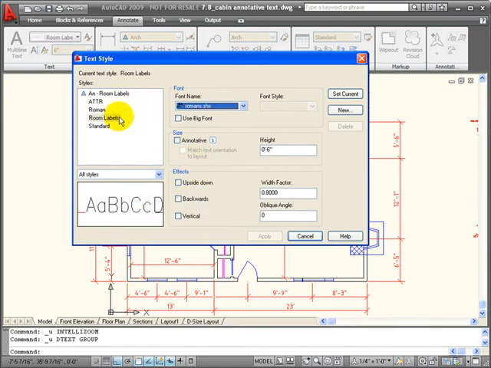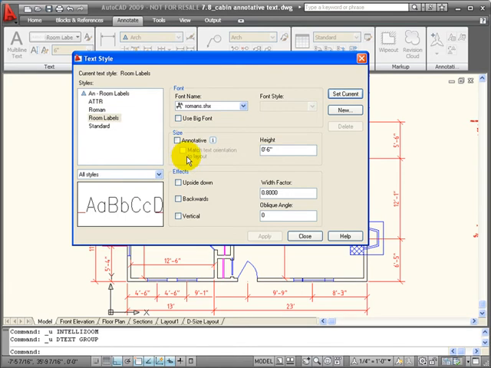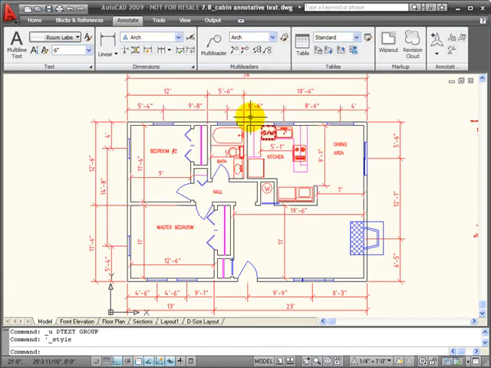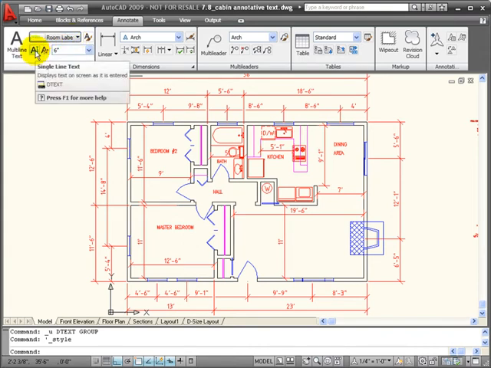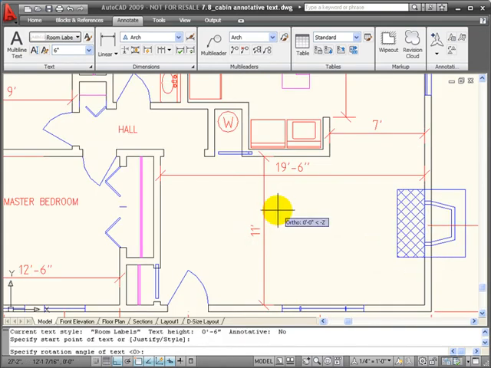I will see a preview of what this text is going to look like with the font that I've chosen. I can click on and set current, and it's slightly grayed out to show you that that is the current text. We'll go ahead and close, and on this box it says that Room Labels is my current text style. So when I click on single line text, I'm going to go down here to the living room, click, and it doesn't ask me for the height because it's already set in my text style. It asks for angle of rotation, and I'm going to say 0 and then enter,